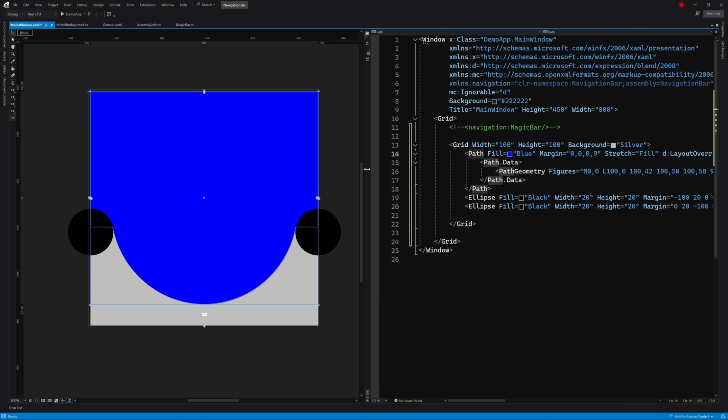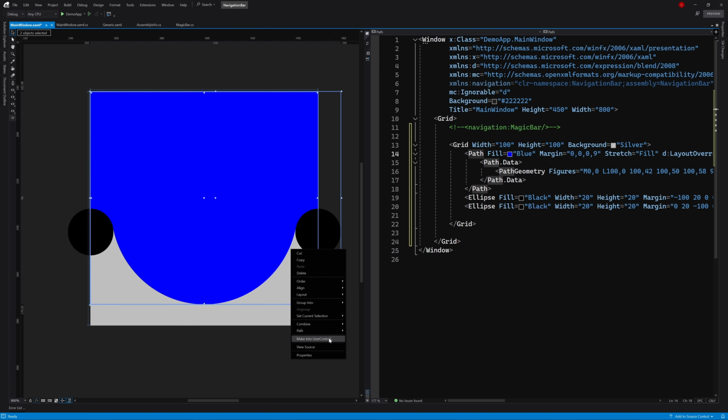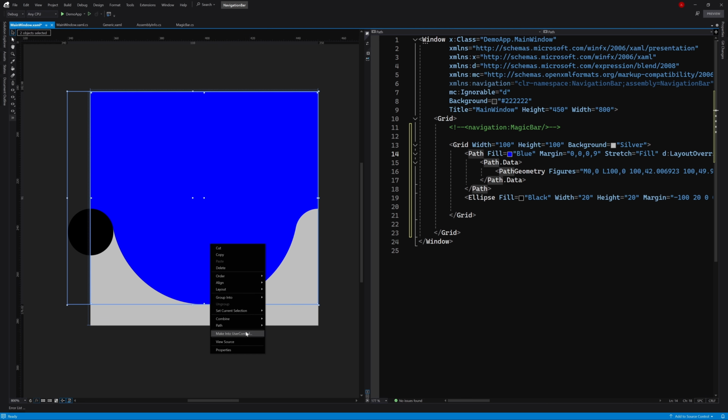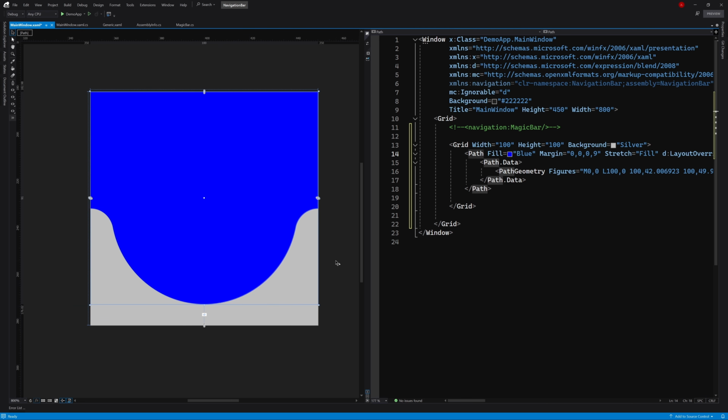Then we delete the left and right small circles, keeping only the arc part at the intersection. We select each small circle and blue part, right-click and choose Subtract. Now the circles are cut out in the same way on the left. Next we need to add a straight line in the middle to get the shape we want.